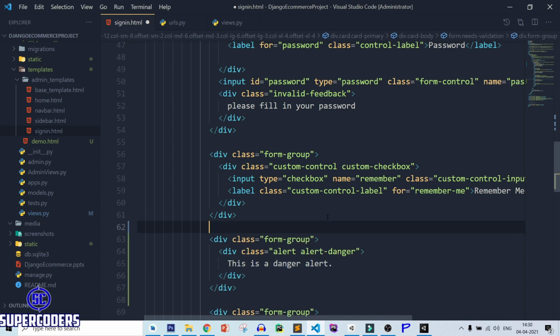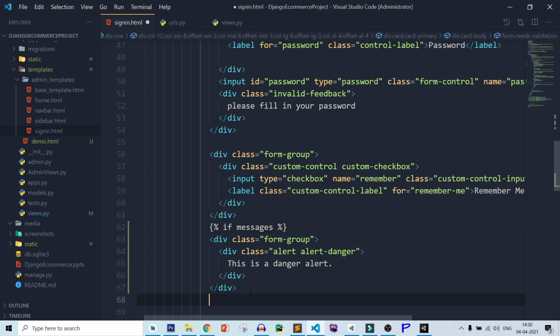So here simply, if messages. You can use an if statement like this in your template code. After that, let's close this if.